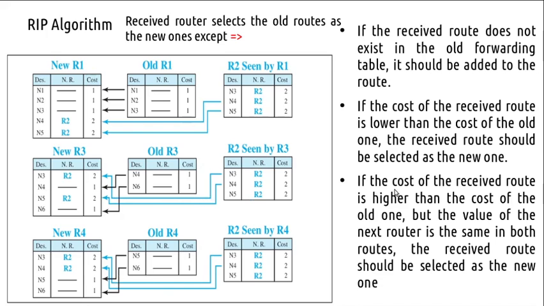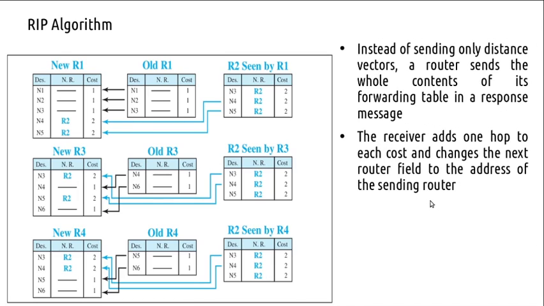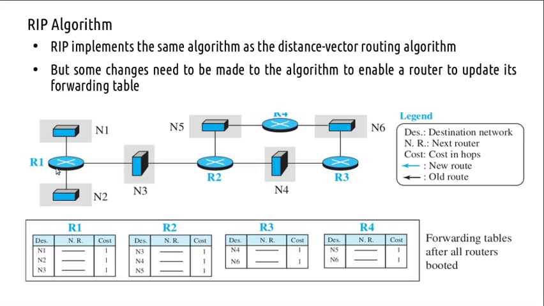Now if the cost of the received route is higher than the cost of the old one, but the value of the next router is same, this situation is also not shown here. For instance, I will just give an example for this. Say our router R1, after boot time and after several seconds into this process, R1 knows that